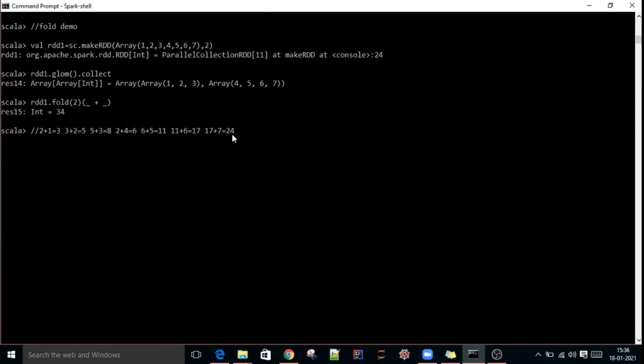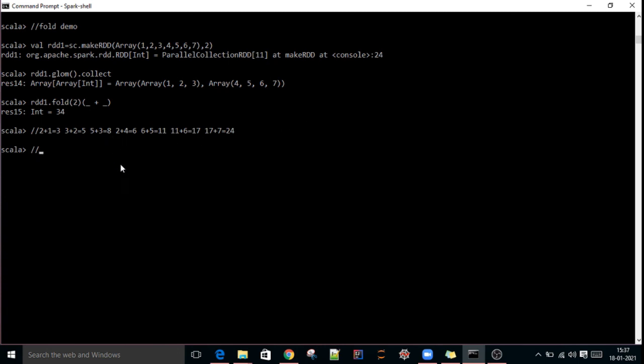As we discussed in the definition, whatever initialized value is there will also be applicable for the result of this operation. That means again, the first partition output is 8, right?